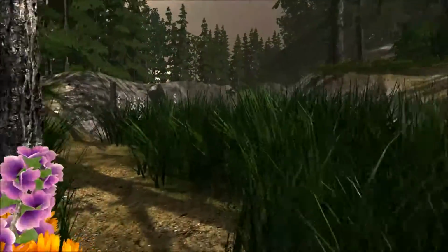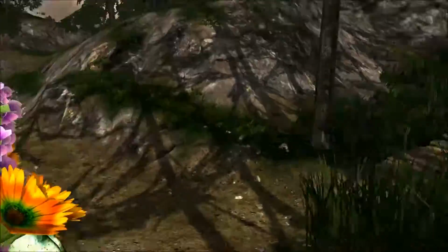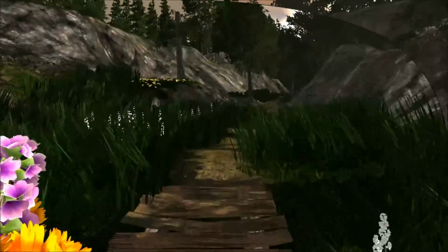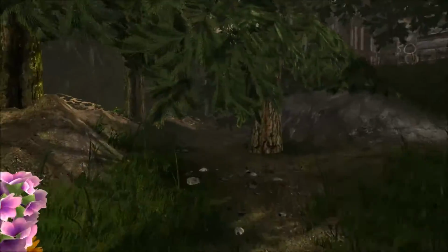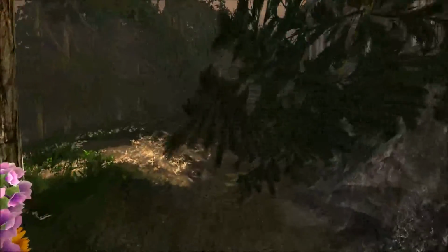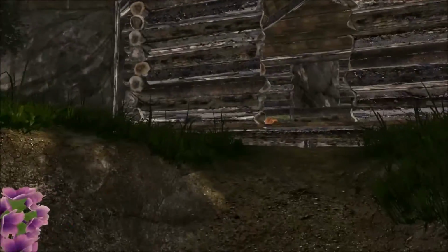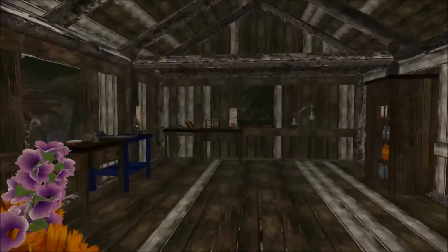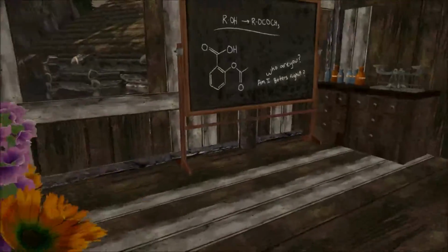I can't do anything with those blue dandelions. So, I will again report when things turn up. We are now approaching Outpost Sirius. We will be ready to actually make one of the ingredients for the cure. We will be using the lab, which I believe is this middle one here. Indeed it is. And so we will be acquiring...